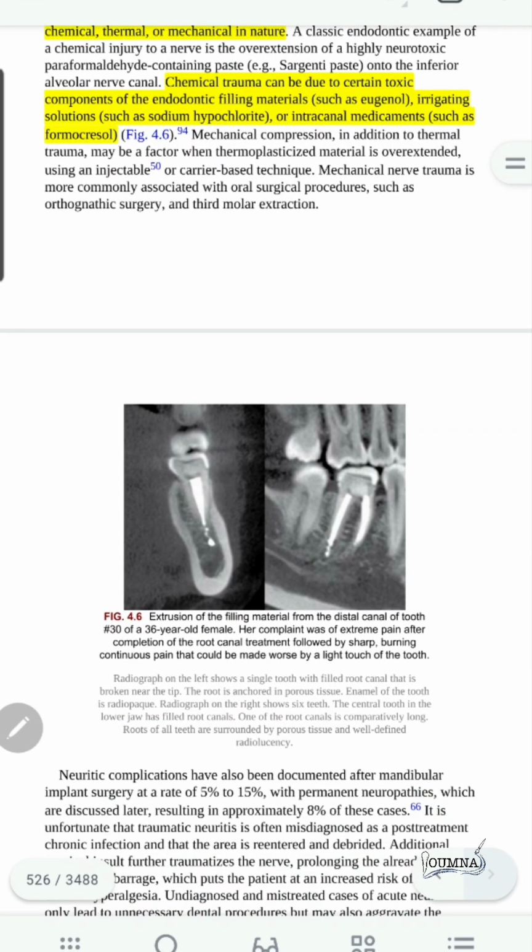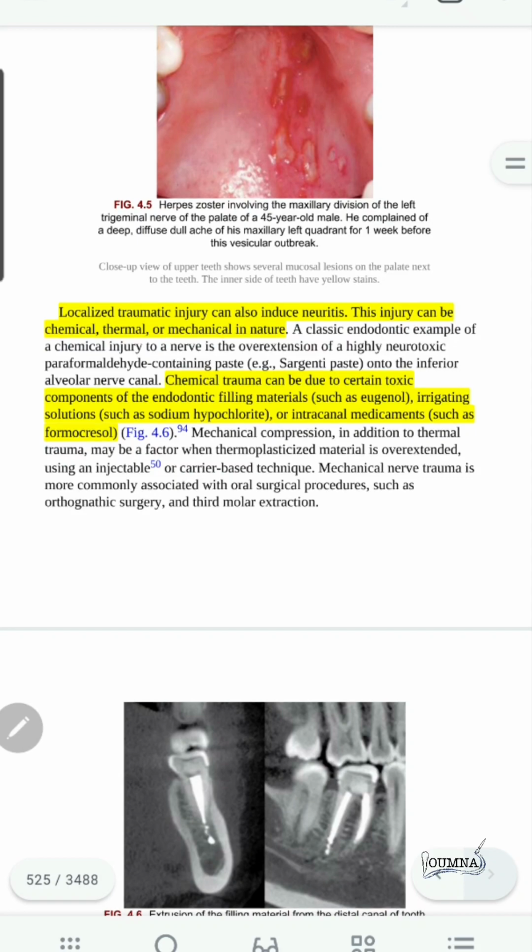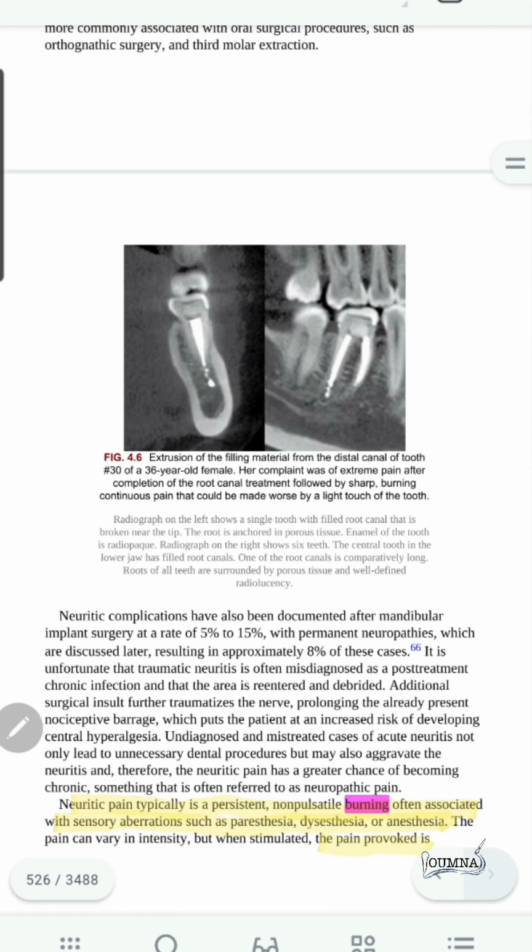Here we can see the extrusion of the filling that is followed by sharp, burning, continuous pain. You can see how much the burning sensation is really associated with nerve injury, and this was continuous pain that could be made worse by a light touch of the tooth,